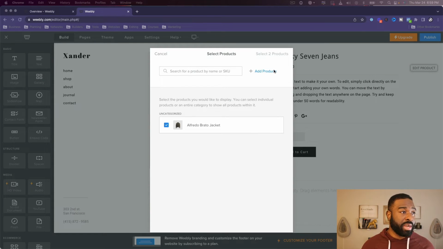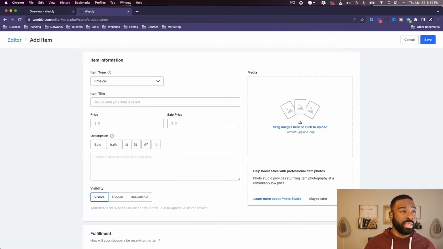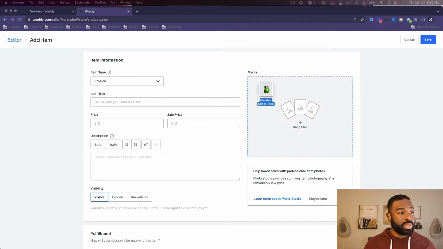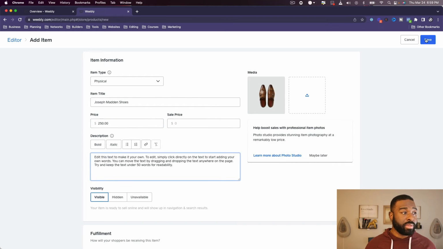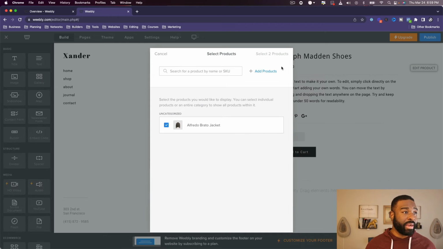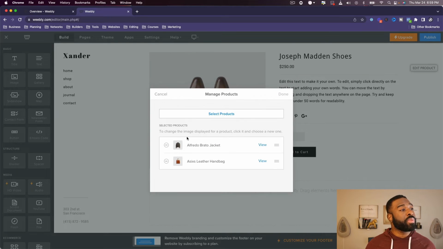And then the final product that we're gonna do are the shoes. So got some shoes here. Let's go ahead and upload those. Joseph Steve Madden shoes. We'll go ahead and price those out and go here, and then go ahead and do that there. All right, so